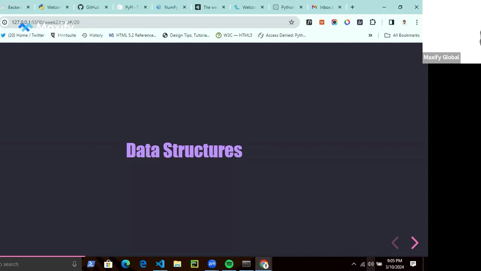So data structure is a collection of data values, the relationship among them, and the methods that can be applied to the data. They are also known as complex data types. Last week, we discussed simple data types, and this week, we are looking at complex data types, right? These are just collections of data and then the methods that can be applied to this data.